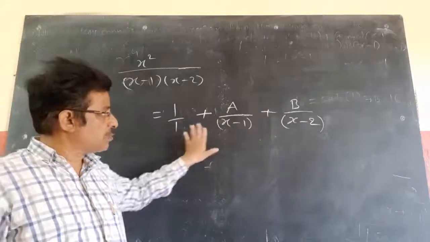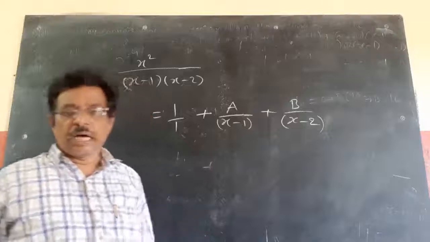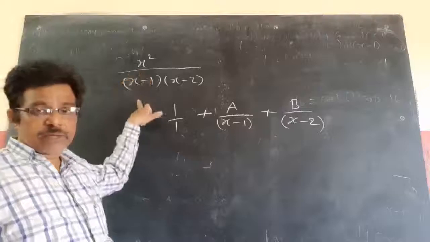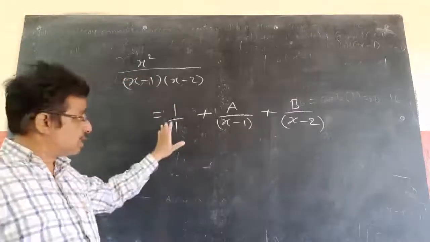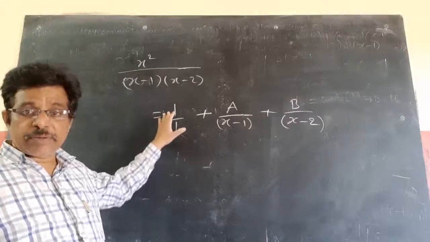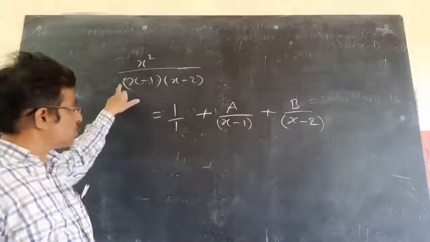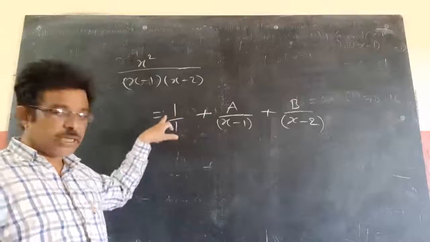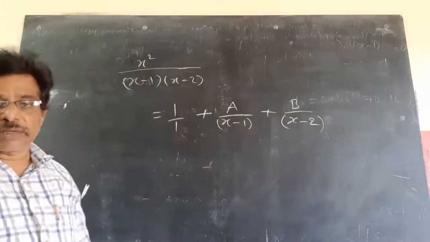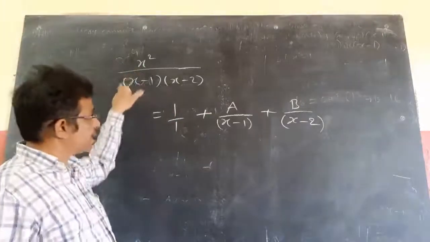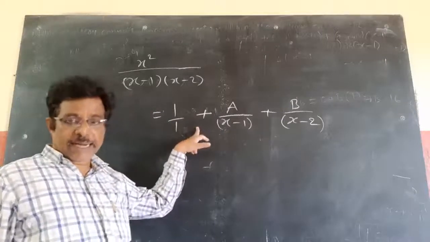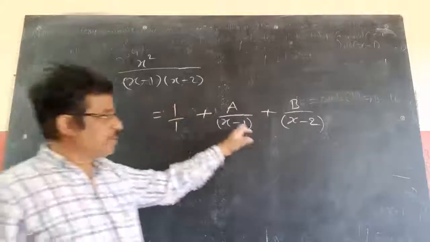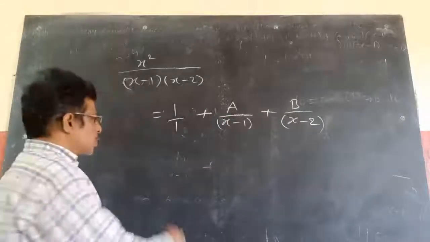It is the same procedure: quotient plus remainder by so and so. If you observe, if you divide x square by x square, the quotient is 1 only. So that is why I am writing quotient 1 by 1. If it is 1 by 2, the quotient would be 1 by 2, and likewise 1 by 3. So take directly the ratio of the highest power coefficients, plus A by this plus B by this. The remaining procedure is the same.